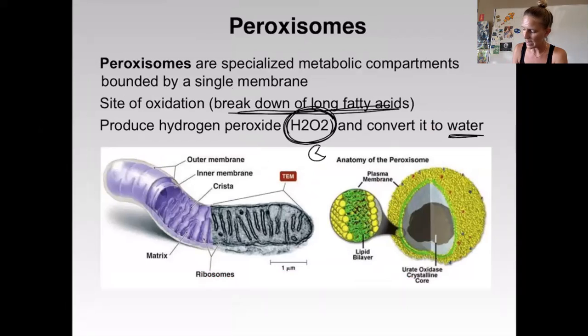So they have an enzyme in there that can break down hydrogen peroxide and convert it to water. In one of the labs, our enzyme lab, we use one of these enzymes called catalase, which does just this, all right? And that can be found in peroxisomes. Other than that,